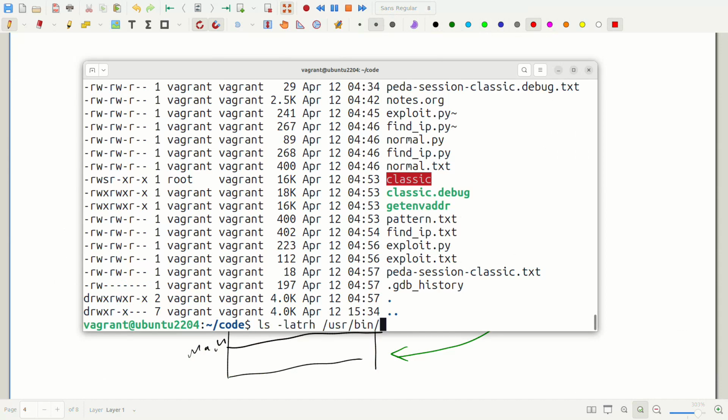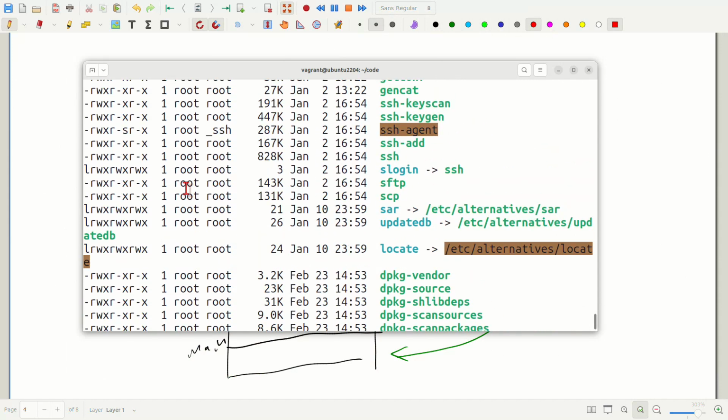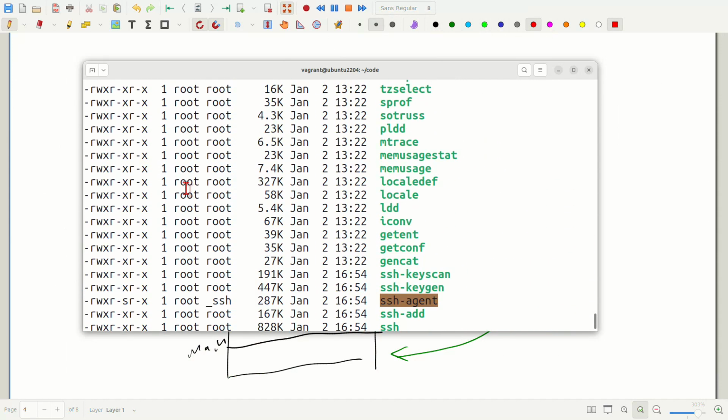For instance, if we look at all of the programs you commonly run in this system, they're owned by root. And usually they're being run as the user who asked to run them. So you don't need to run something like GCC as root. Even though it's owned by root,